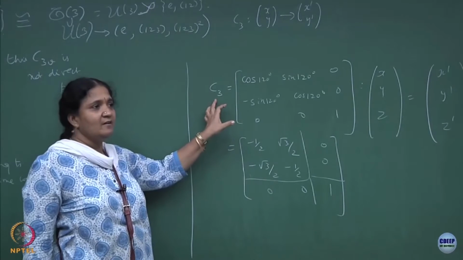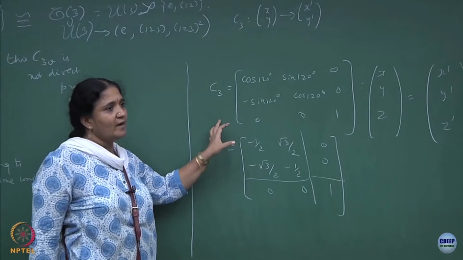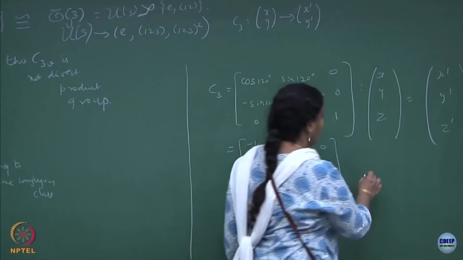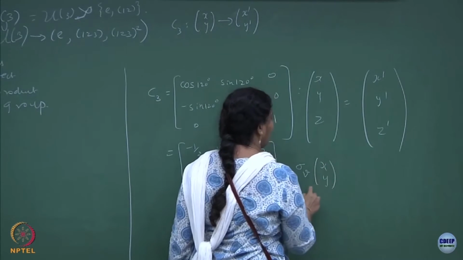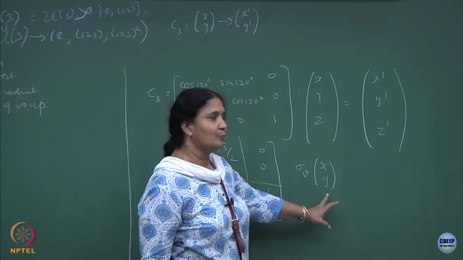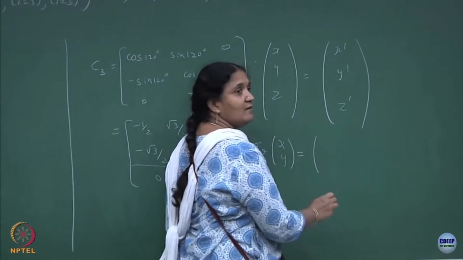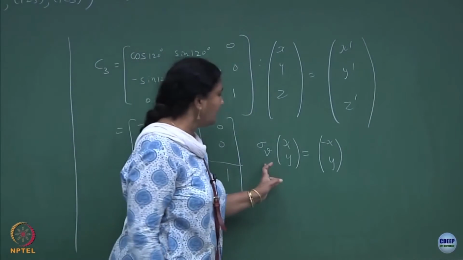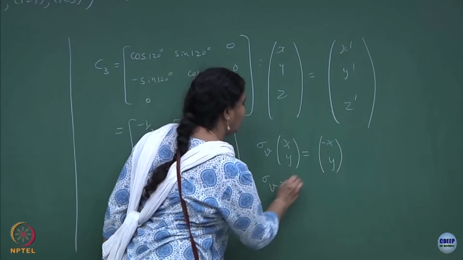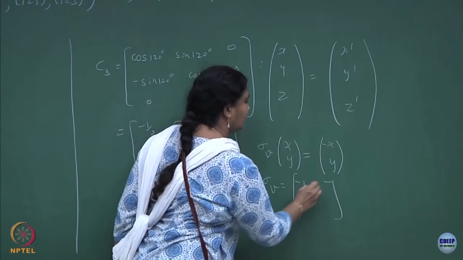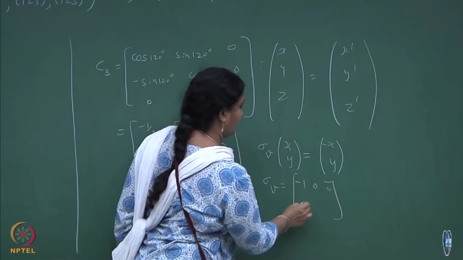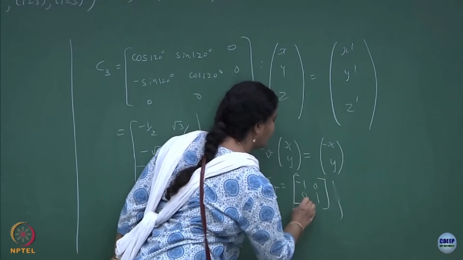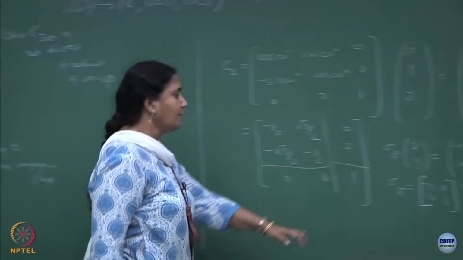This is one element I have written. You can write it for sigma V also. You can write it for C3 times sigma V. You can start writing those matrices. Right? How will you write C3 times sigma V? So let us take the sigma V to be the yz plane, for example. If I take the yz plane, then this is supposed to give me minus x and y, right. And then write the matrix form for this. So the matrix form for this will be: x goes to minus x, y remains the same, and this is a 2 by 2 matrix, sorry. This is a 2 by 2 matrix which you have to write,